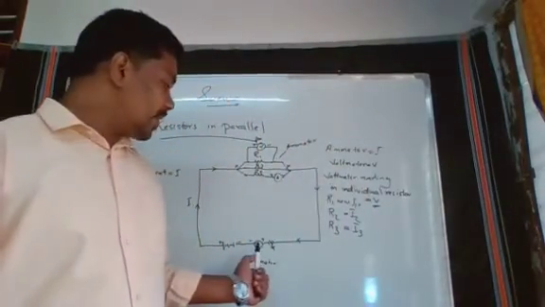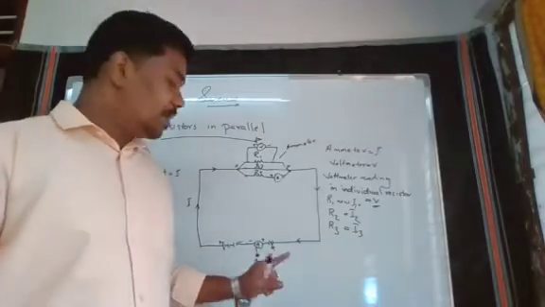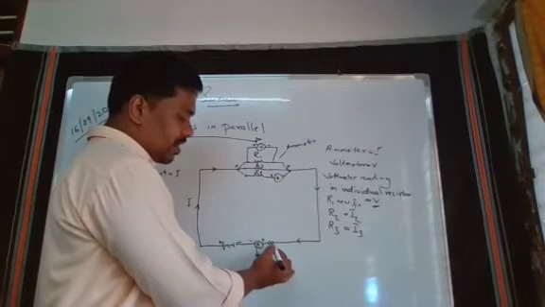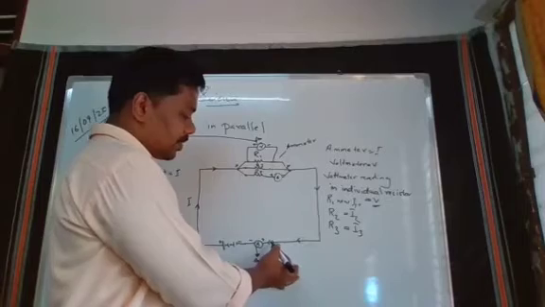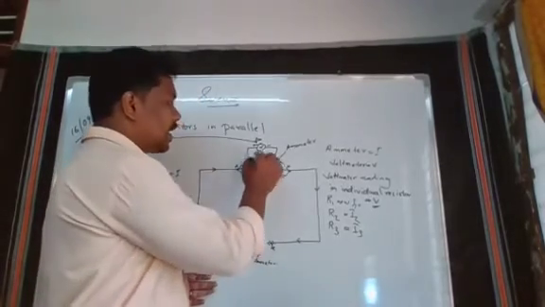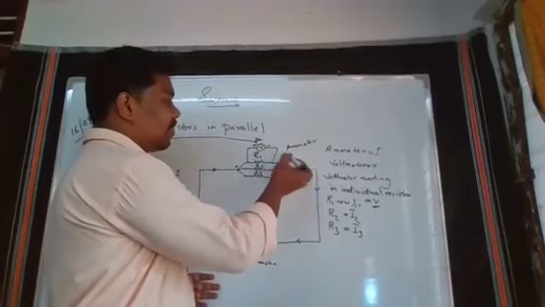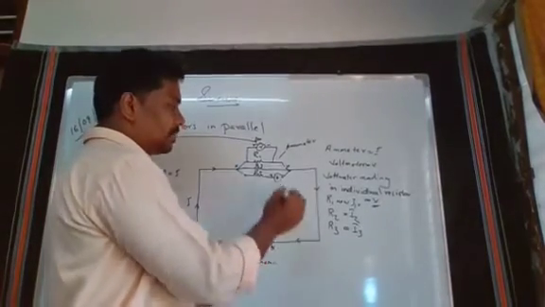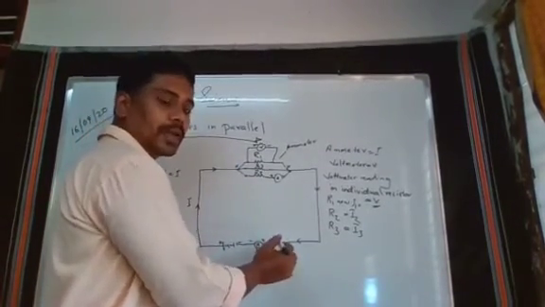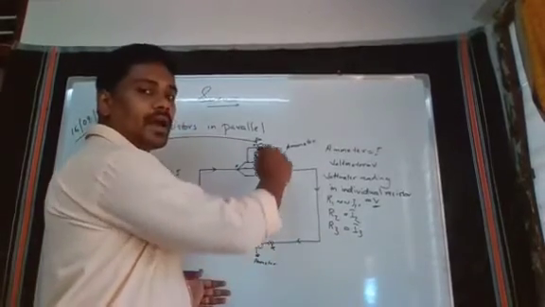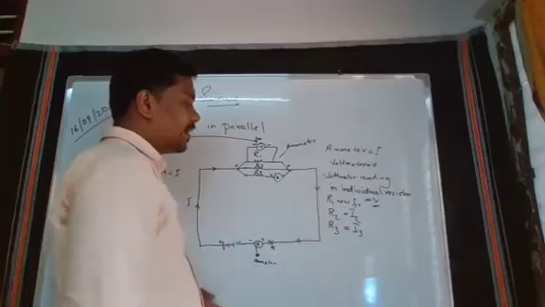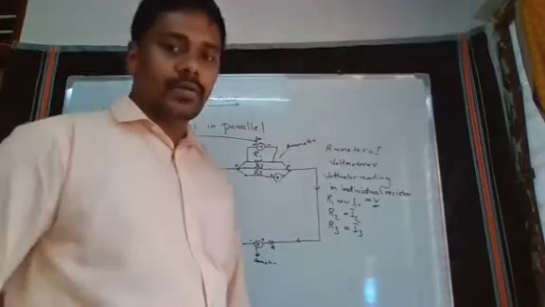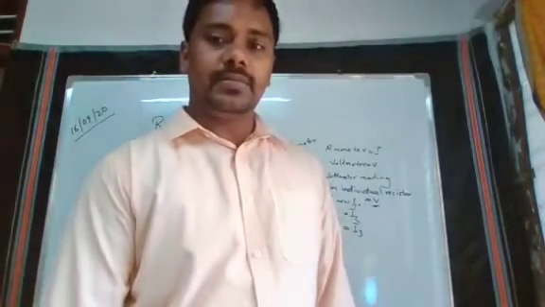And do remember, in some cases we remove the voltmeter. In that case also we have to switch off the plug key and remove the voltmeter, whatever ammeter or voltmeter we are removing and adding. That time we have to switch off the plug key, and to take the reading we have to switch on the plug key. Then the circuit will be completed and we will get the voltmeter or ammeter reading across the resistor to which it is connected. Okay, let us go further.